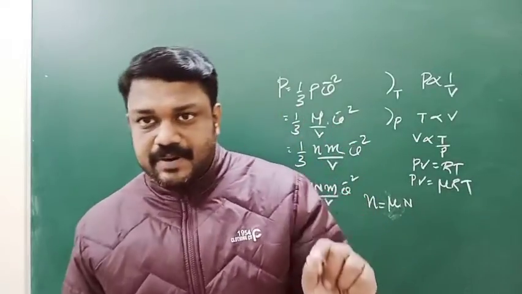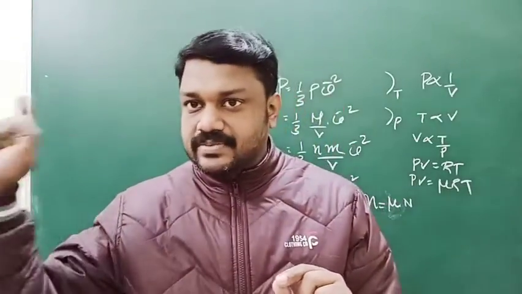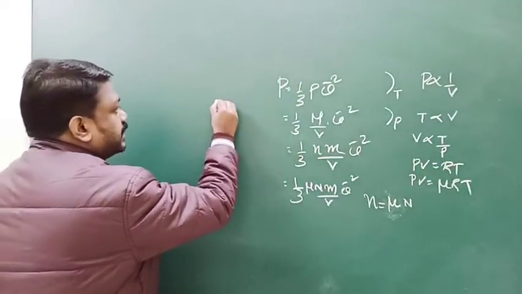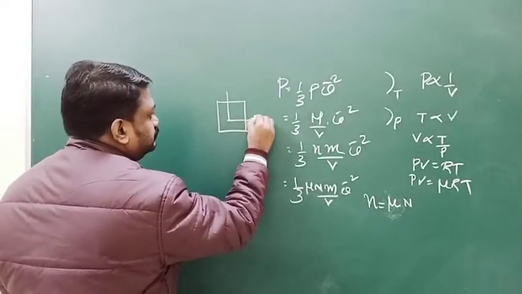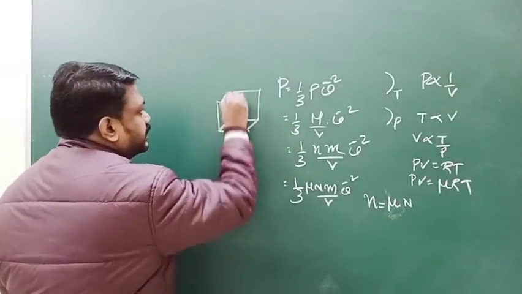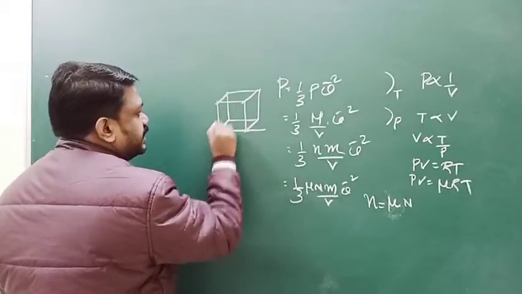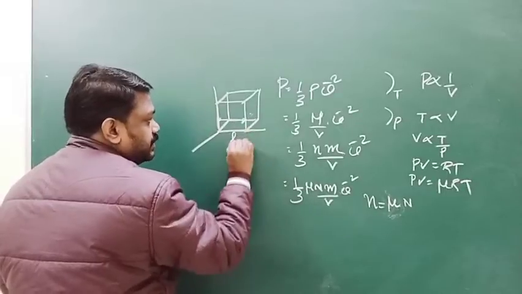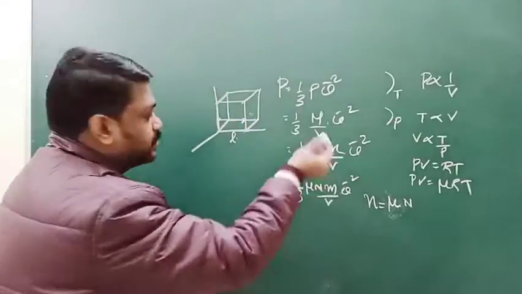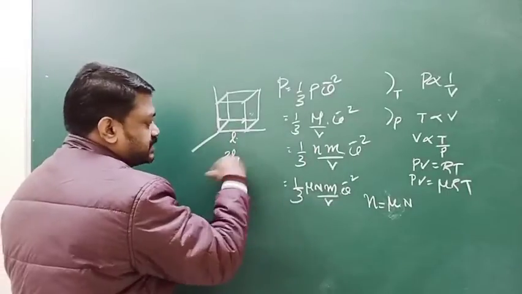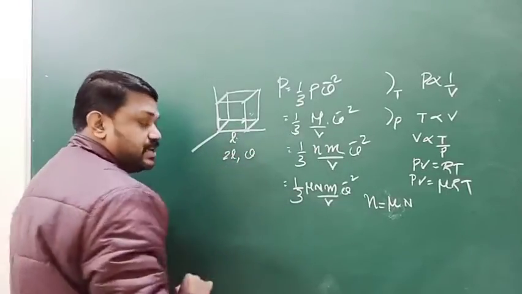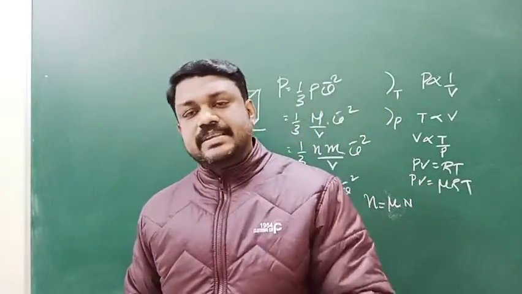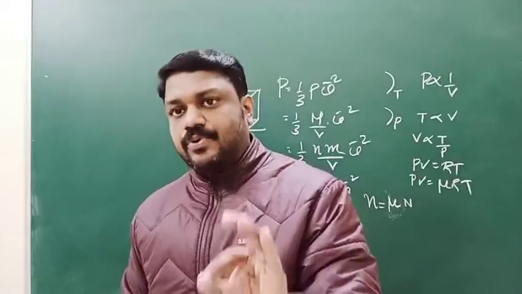Initially we are considering a gas particle which is moving from left to right. We have chosen a cubic container. Within the cubic container a gas is taken and from one side the gas molecule is moving towards the right, hits the opposite face and bounces back. Then 2L is the total distance travelled with a velocity v. All these matters you are remembering. That means we have calculated the time taken for